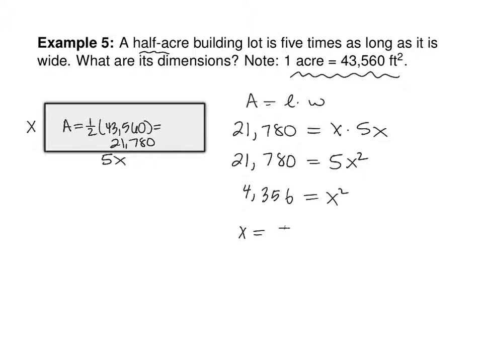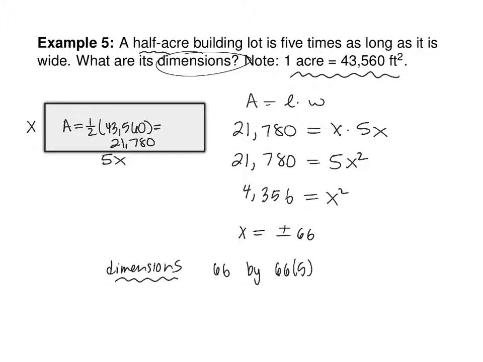It's kind of cool. You get X equals plus or minus 66, technically. But this X is a length, so it doesn't make any sense for it to be negative. Also, be careful that you answer what the question asks for. It asks for the dimensions of this lot. So the dimensions are 66, that's the short side, by 66 times 5, which is 330. So 66 by 330